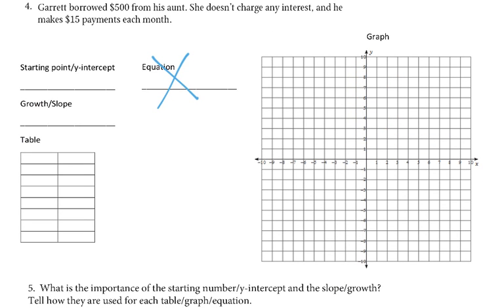Okay, Garrett borrowed $500 from his aunt. She doesn't charge any interest, and he makes $15 payments each month. So he started out owing $500, and he is paying off $15, like a negative 15, each month. So when he started, at 0 months, how much he owes was $500. Okay, then we're kind of tracking per month, right? 7 months. So we're subtracting 15 each time. So 485, 470, 455, 440,